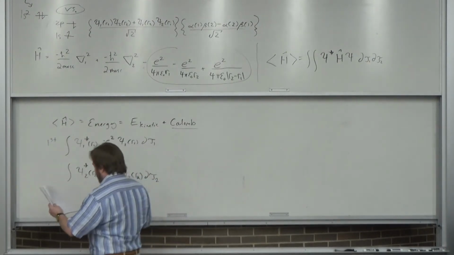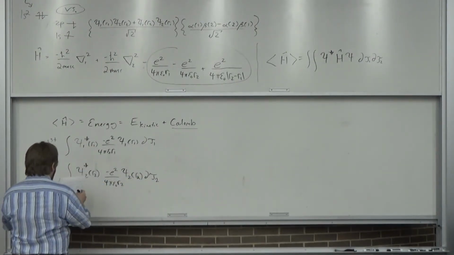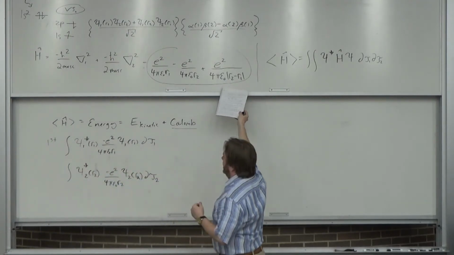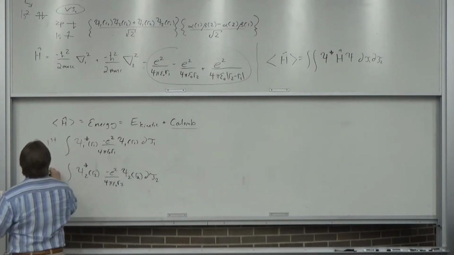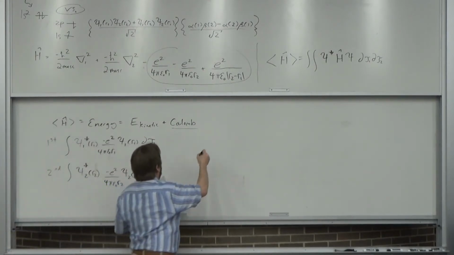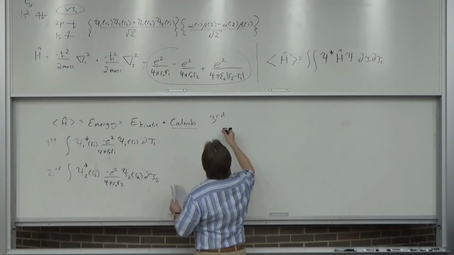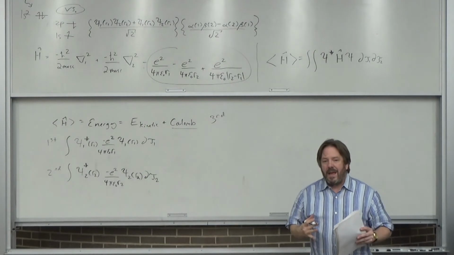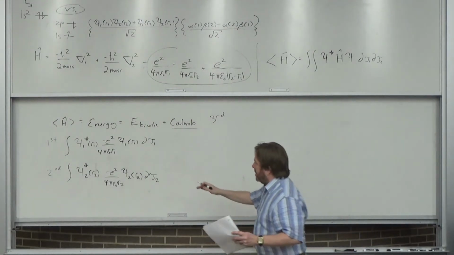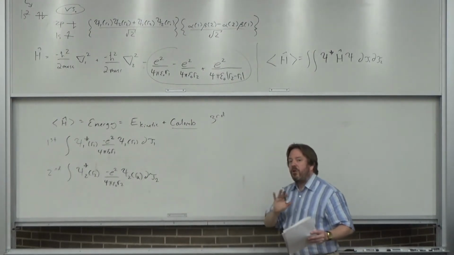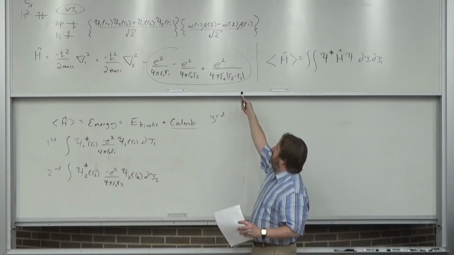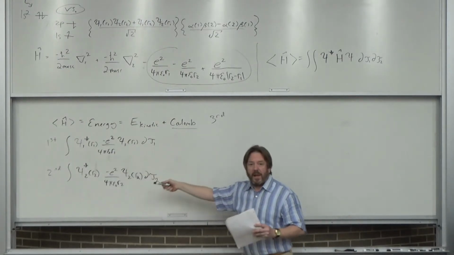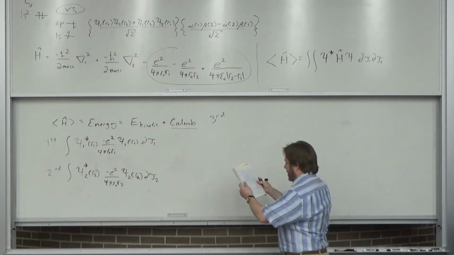Okay, so let's look at this. This is the first one, this is the second one. And let me write up the third one right here. Now, this one, because there's an R1 and an R2 in it, instead of one of these expressions, you're going to end up with two of them, because there's two different r's. So you're going to end up with two different expectation value type integrals. And those will look like this.